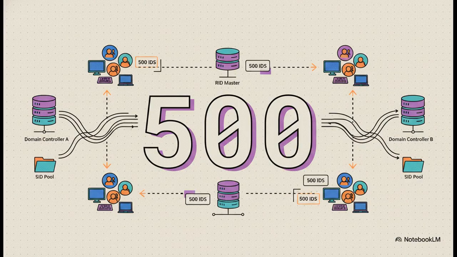500. That's a magic number to keep in mind. Whenever you create a new user or computer, it needs a unique security identifier, or SID. The RID master, that's the relative identifier master, allocates these identifiers in blocks of 500 to your other domain controllers. This ensures your local DCs never suddenly run out of unique IDs when you're doing something like rapidly provisioning new